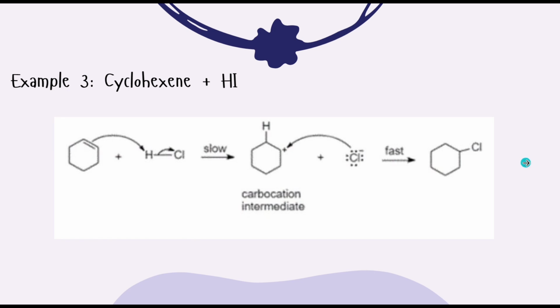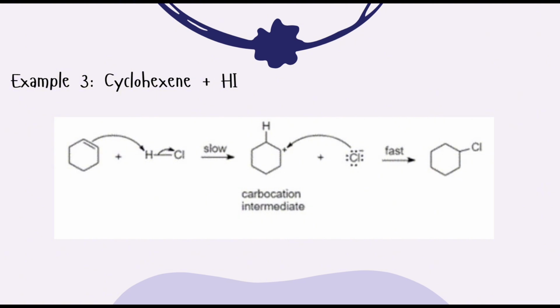iodocyclohexane. So its mechanism is, step 1 is the pi bond attacks the hydrogen, forming a carbocation on the cyclohexane ring. And step 2 is iodide attacks the carbocation. So the final product is iodocyclohexane. So that's all about